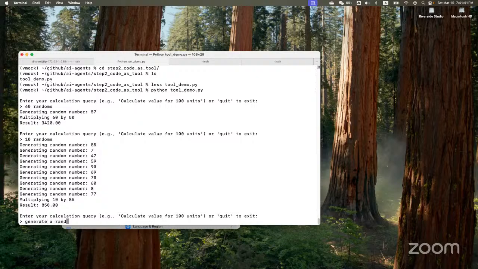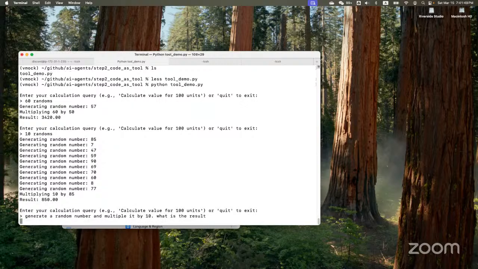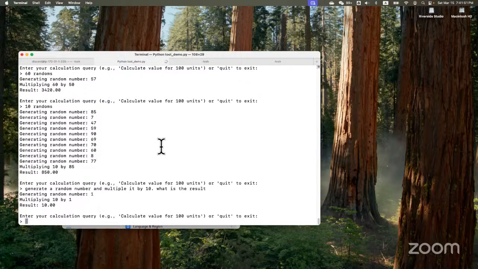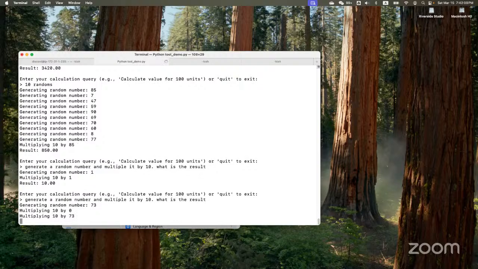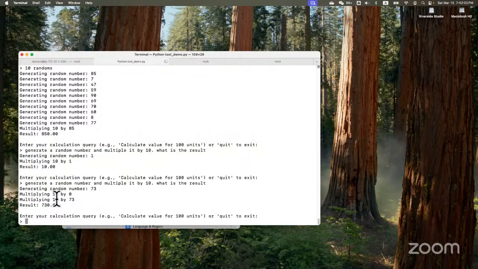Generate a random number and multiply it by 10. What is the result? Yeah, so the random number is 73, and I multiply 10 by 73 and it gets to 730.